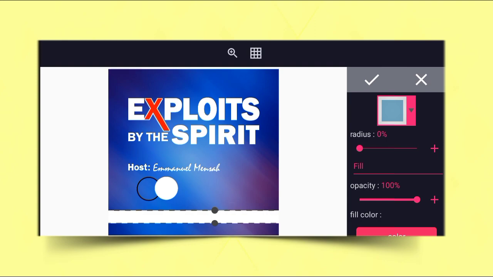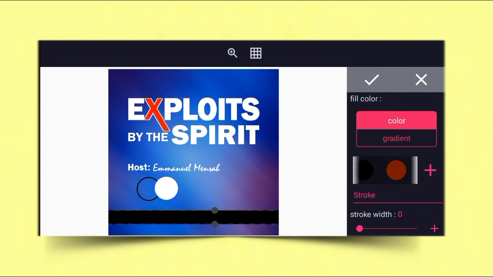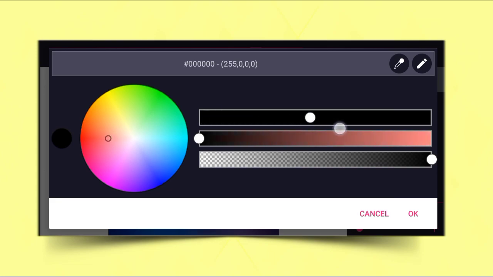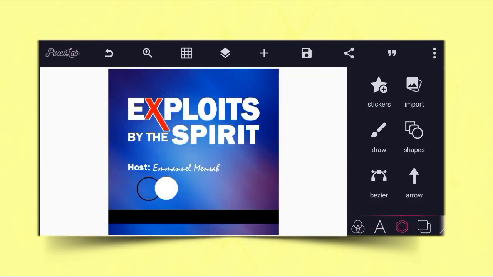So you put it under this. After that, the next thing to do is to give it a color. Give it a black color. Then click on the plus sign to increase it, to make it deeper. So after you're able to do that, then the next thing to do, I think